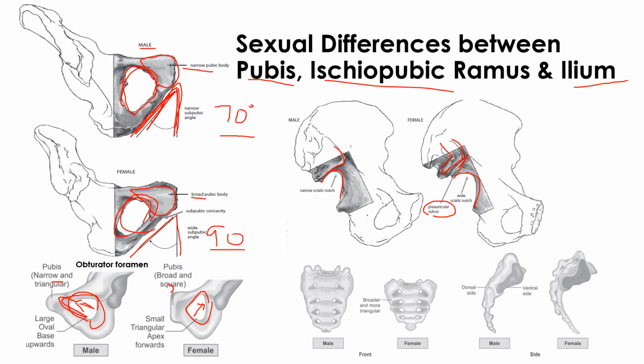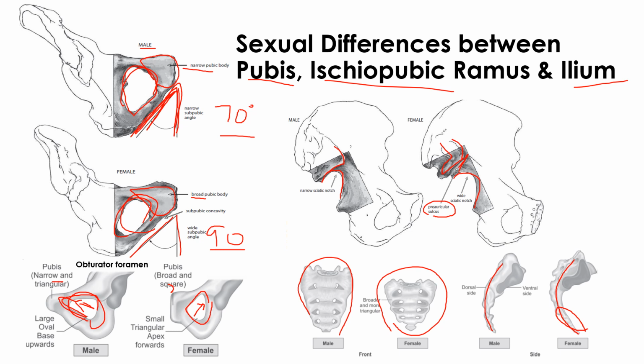Coming to the sacrum, it is generally large, heavier and narrow in shape for males, and very small and broader in females. These are the important differences we have to understand. In the front view it is triangular and broader for females. Remember that. In the side view, the male has less curvature, with more curvature in the last two segments. For females it is abruptly curved. That is the difference.